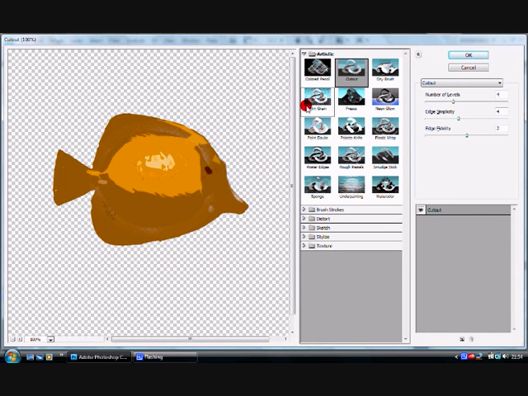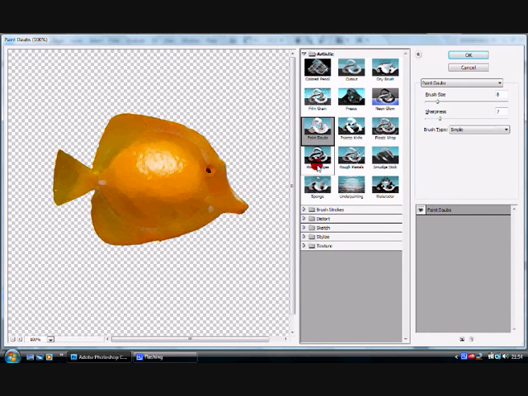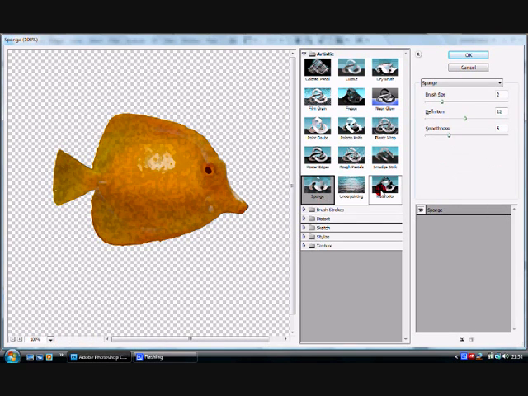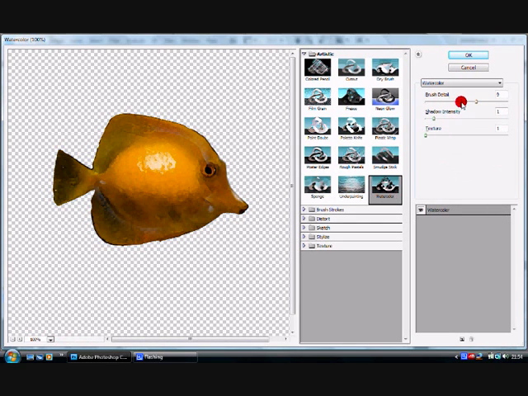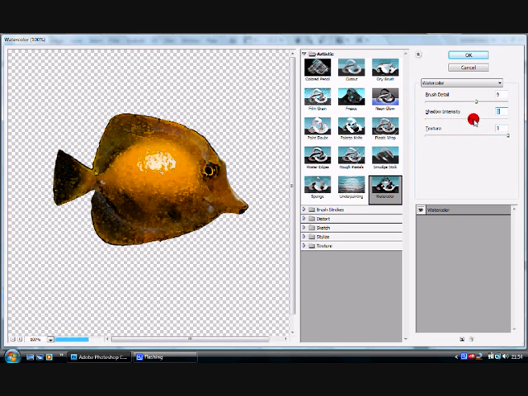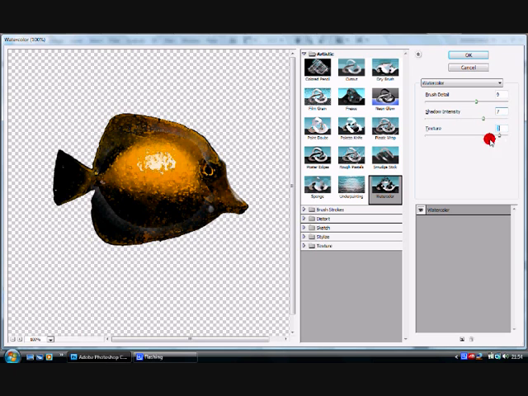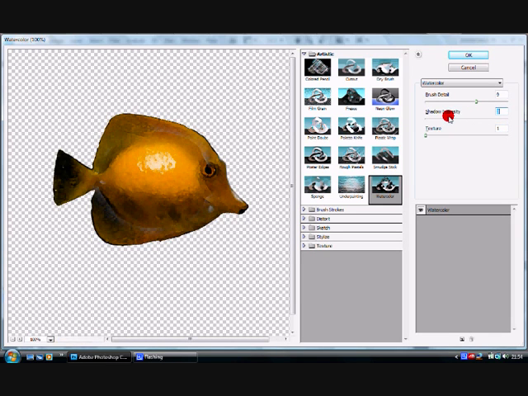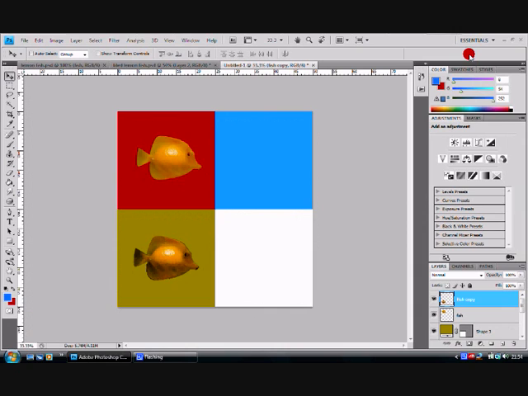Now you'll notice that we've got all different things that we can do to the image. I'm going to select watercolour. Around here, these are different options for that filter. I quite like that. Okay, you notice the fish changed. Again, click on the original fish that we've not altered, drag it down to new layer,